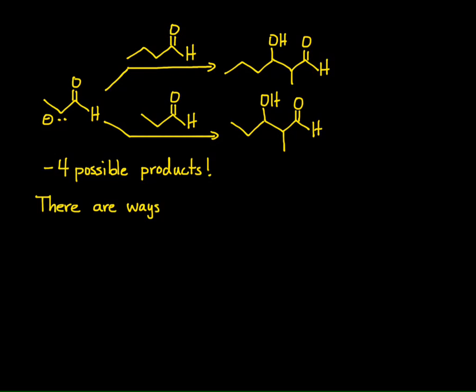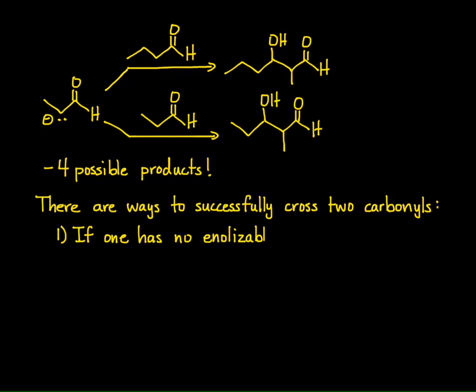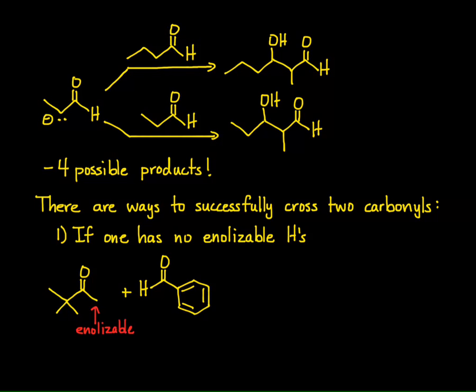Now, there are ways to successfully cross two carbonyl compounds, and one of the easiest ways is if one of the carbonyl compounds has no enolizable hydrogens. And so here's an example where I'm taking a ketone and reacting it with benzaldehyde. Now notice this particular ketone has an enolizable hydrogen on the right-hand side of the carbonyl. On the left-hand side, there are no hydrogens, so I can't form an enol or an enolate on that side. But benzaldehyde has no alpha hydrogens. Remember, the hydrogen coming off of the carbonyl is not an alpha hydrogen, and therefore an enolate cannot be formed